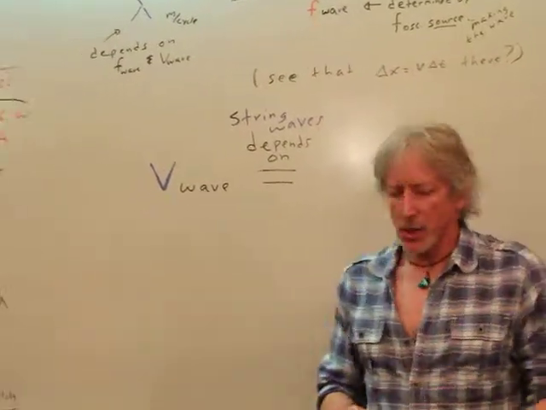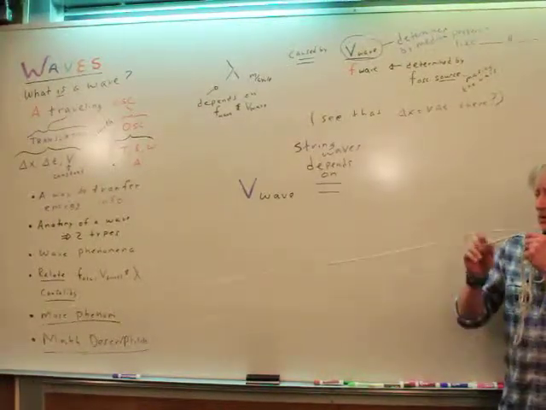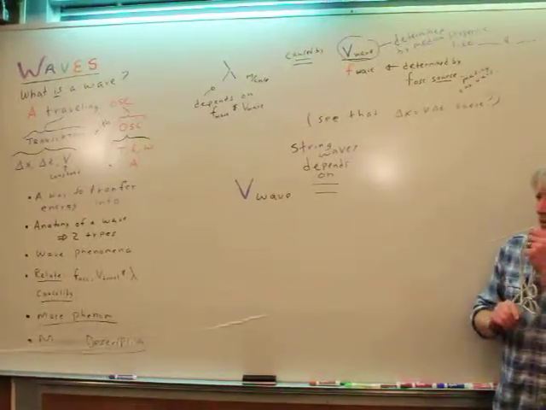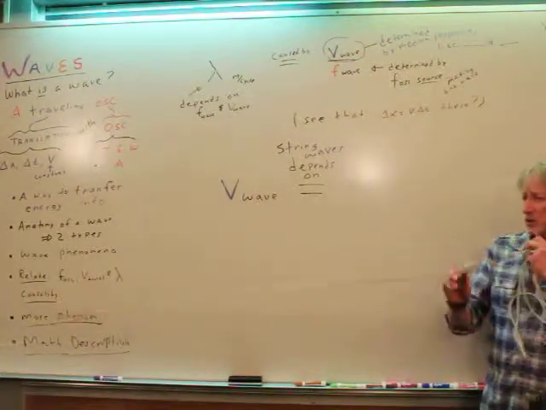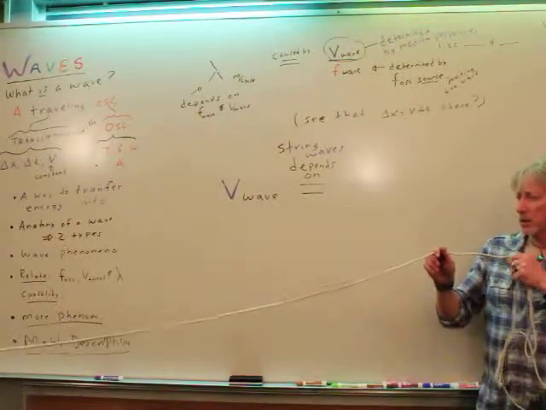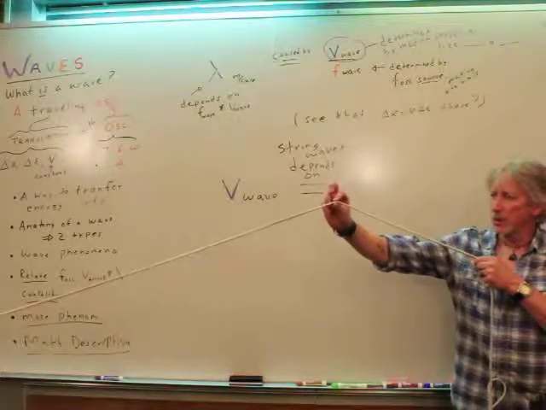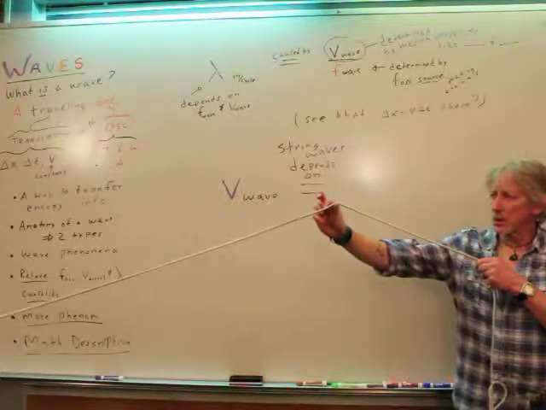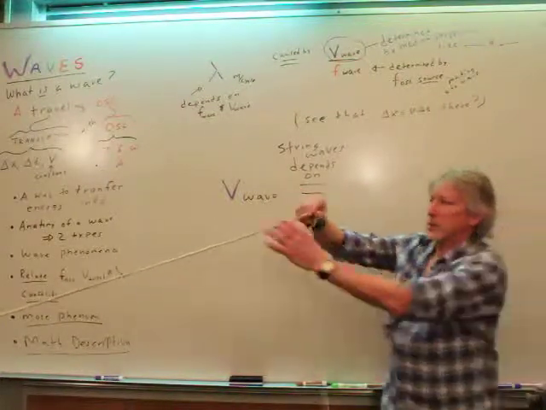So let's take a look at this. How can I change the speed of a wave? I'm just going to do a little wave pulse. It's clearly traveling from me down and back. It's reflecting. We'll talk about reflection a little bit. So I'm just doing a wave pulse. And let's see what's happening. If this piece goes up, then it pulls the next piece. And when that goes up, it pulls the next piece, and that goes up. And there's a tension.